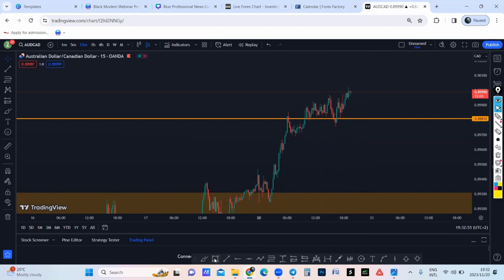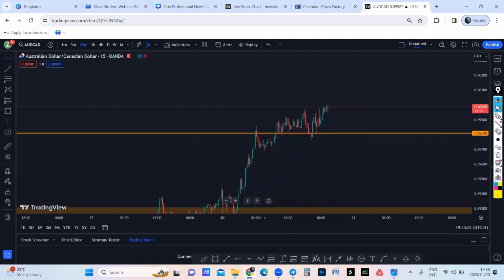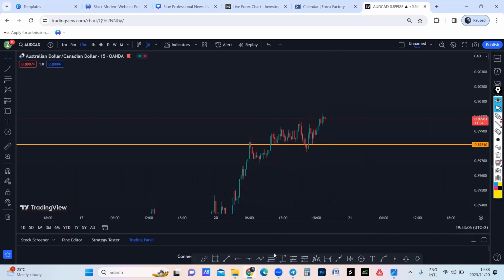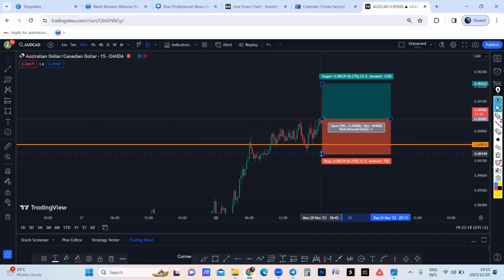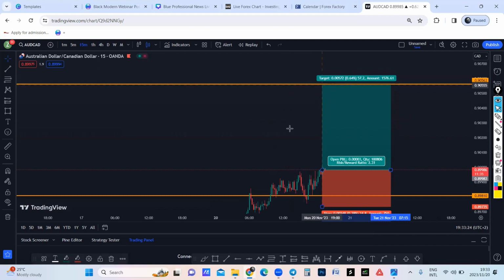During the London session, the market made a consolidation here. But if you want to take a buy now, I think it's a good time, since the market is also approaching the Asian session. Obviously, the Australian dollar is going to move during the Asian session. So you can take a buy even here, have a wider stop loss, and then take profit here.